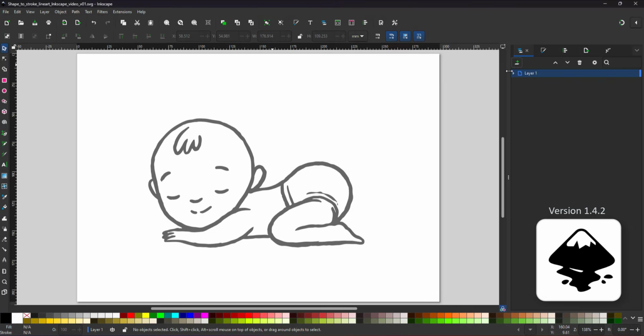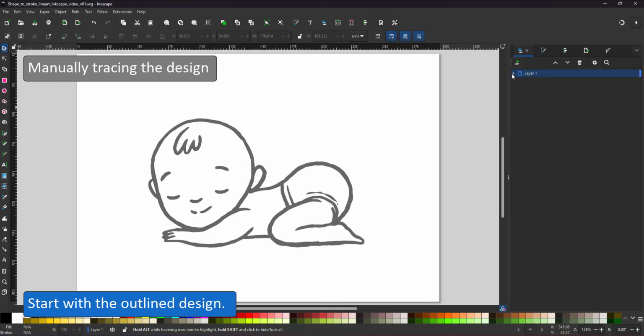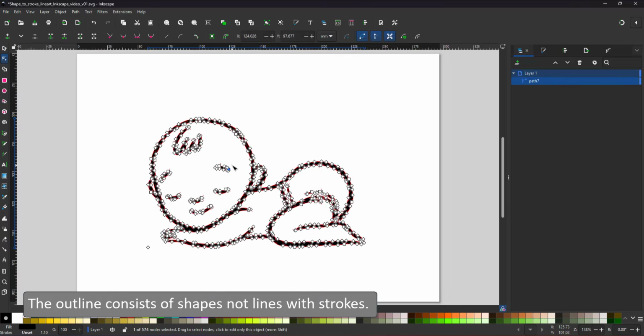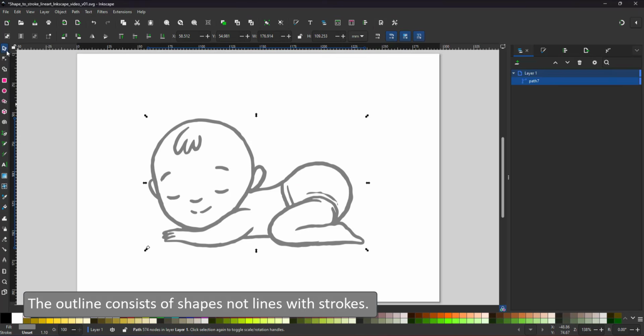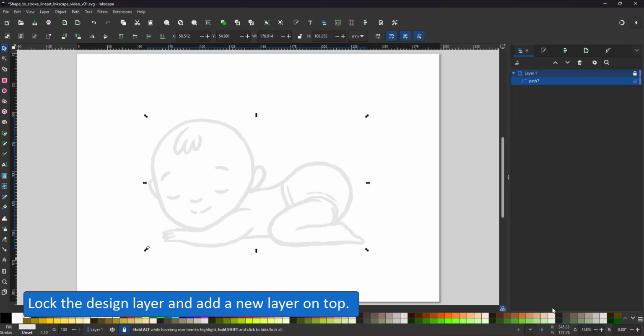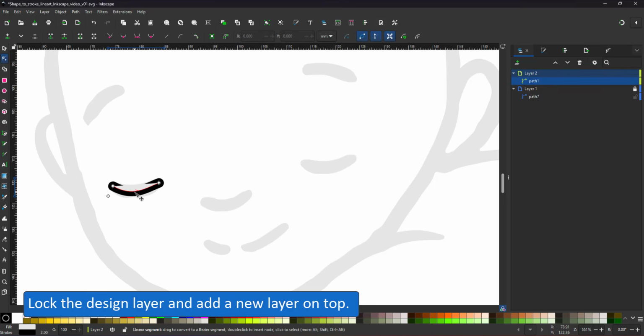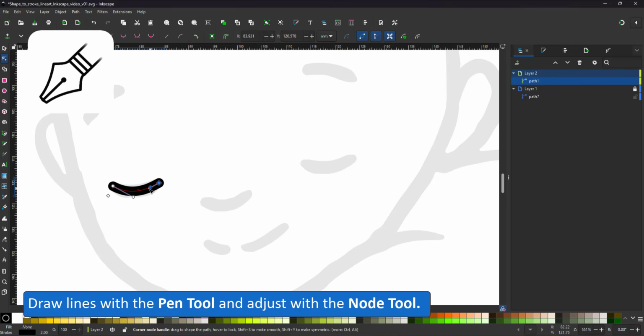Today I'm working in Inkscape to show you how to turn an outlined design into editable line art. I use this illustration courtesy of Freepik. The design consists of filled shapes rather than lines and strokes. To turn it into lines, the first approach is to manually trace it using the pen tool and the node